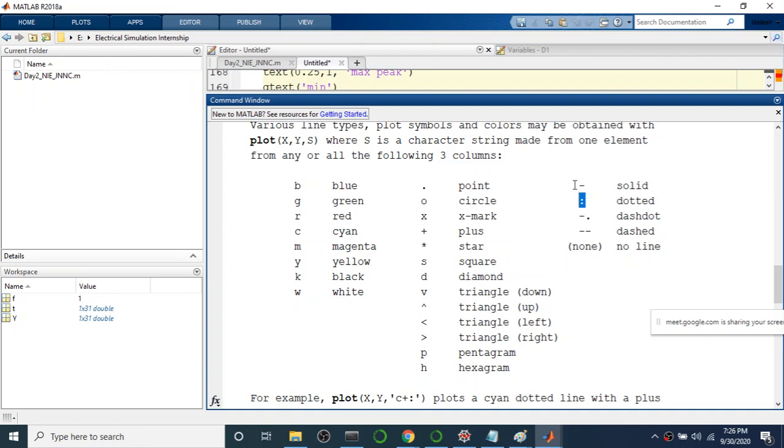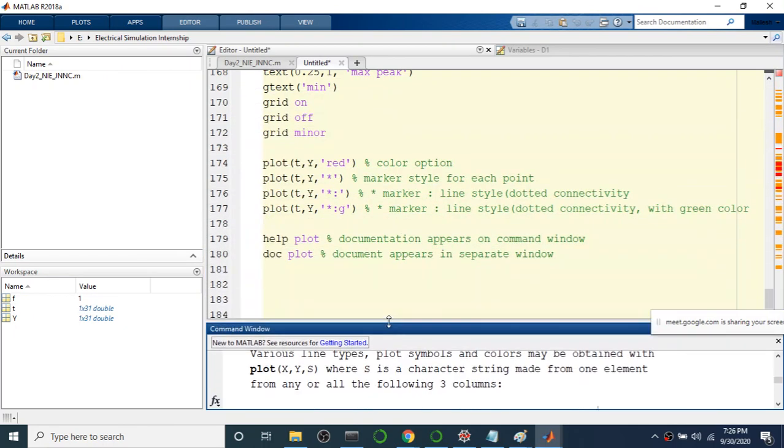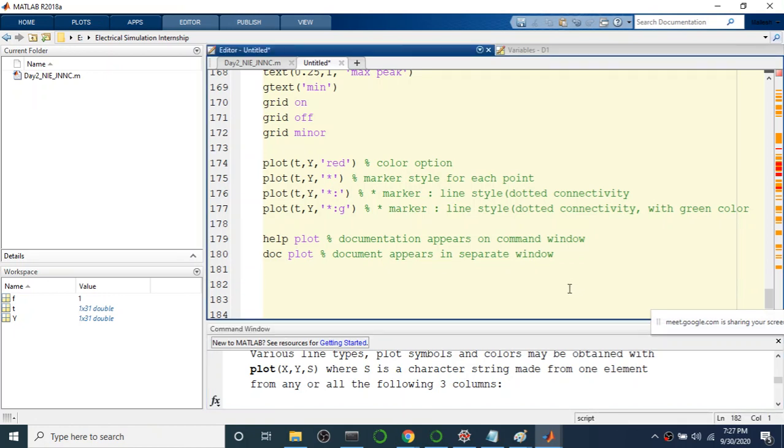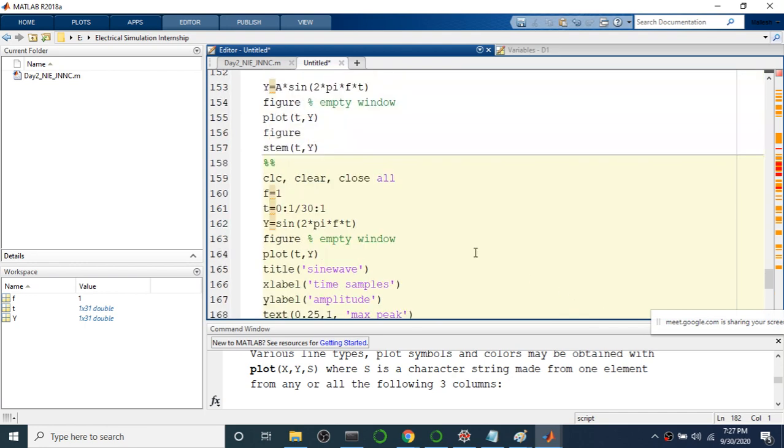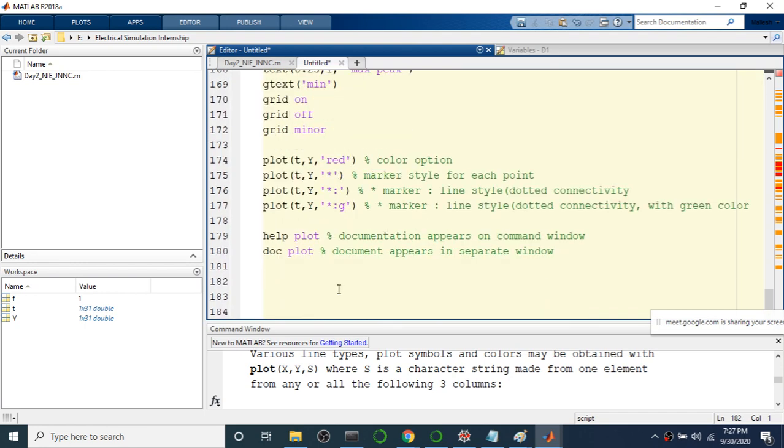If you want a solid line, use the hyphen symbol; hyphen dot is a dash-dot kind of connectivity. Various options are there. You can combine all three, in any order. You can combine any two, or you can pass any one also. So this is about the line plot, what appearance changes you can make here.